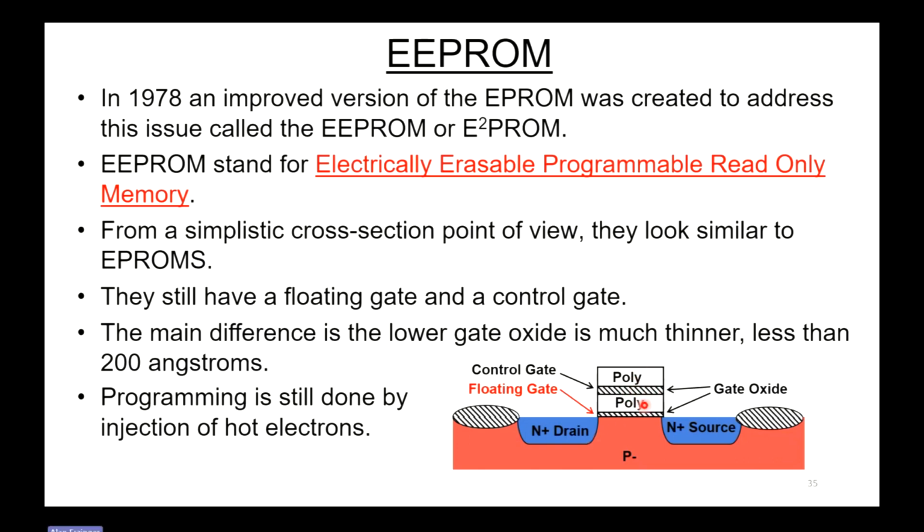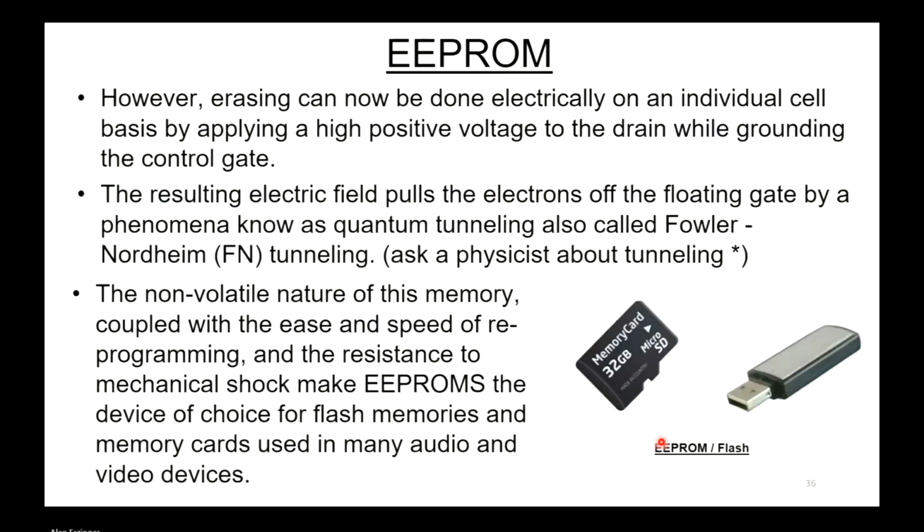The main difference is the lower gate oxide is much thinner, something probably less than 200 angstroms or so. And programming is still done by the injection of hot electrons, just like before. However, erasing can now be done electrically on an individual cell basis by applying a high positive voltage to the drain while grounding the control gate. The resulting electric field pulls electrons off the floating gate by a phenomenon known as quantum tunneling, also called Fowler-Nordheim